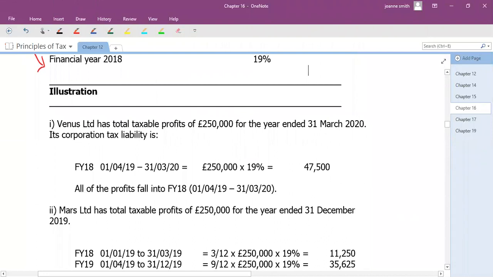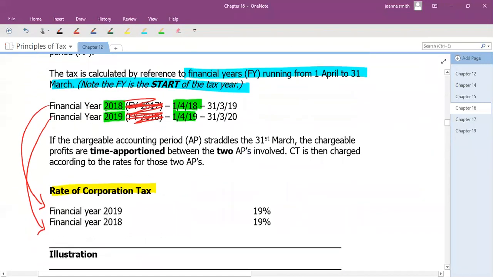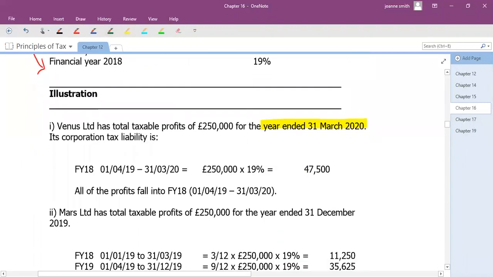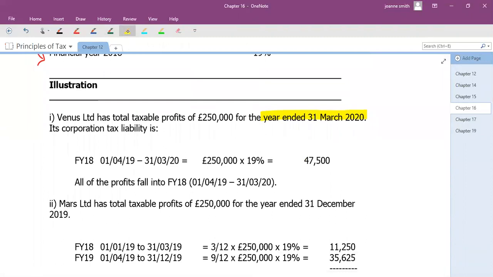So in this example, we've got profits for the year ended March 20. March 20, we can see, falls in financial year 19. So it's using this one, isn't it? April 19 to March 20. So this is going to be taxed at the rate,